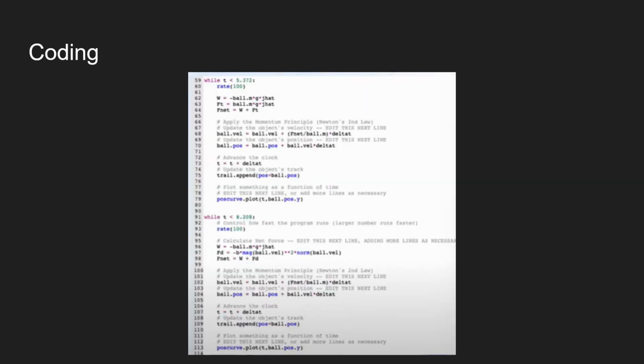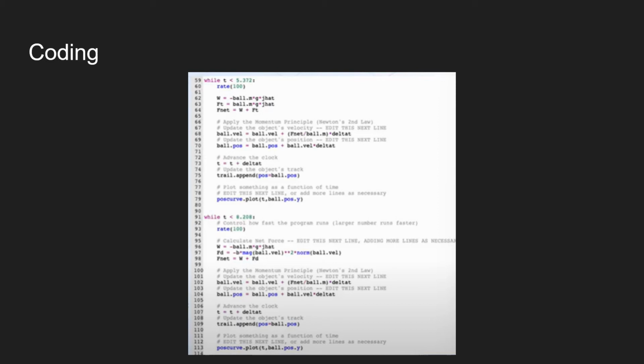The first while loop here runs until the top of the slinky reaches the bottom. In this portion of the observations, the force of tension is equal and opposite to the force of gravity, and these forces cancel each other out, which explains why the bottom of the slinky is motionless until the slinky returns to its initial length. In the second while loop, which runs into the last observation, the drag force is included